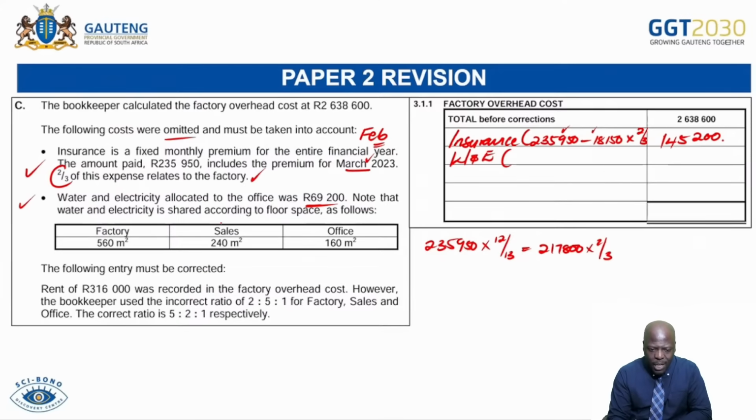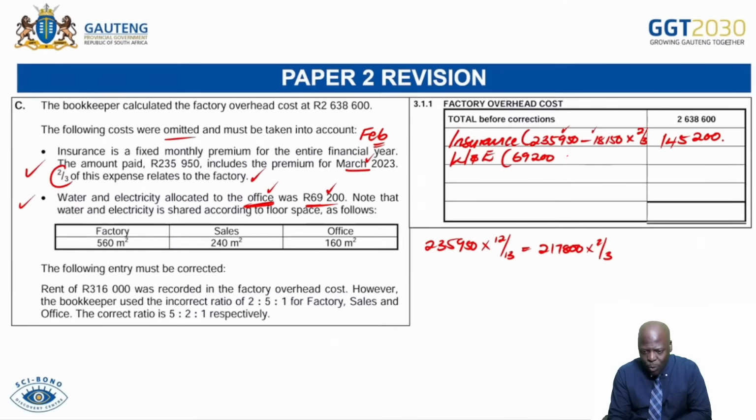And then we're told it is allocated to the office. That is 69.2. So it is very key that you understand this sentence, because it says water and electricity allocated to the office. So this is not the total water and electricity. It is the part that was allocated to the office. And the amount that was allocated to the office was